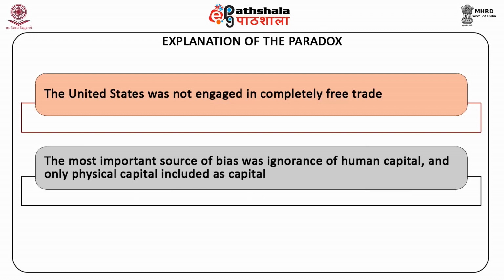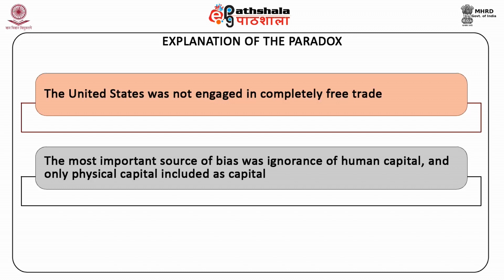The most important source of bias was ignorance of human capital, education, job training, and skills, and only physical capital was included as capital. Kenen, in a 1956 study, estimated the human capital embodied in US exports and import substitutes, and then recomputed K/L for US exports and US import substitutes of the 1947 data, and he succeeded in eliminating